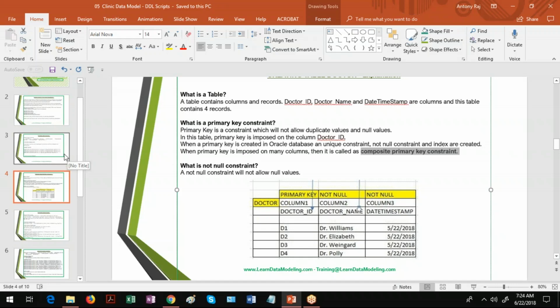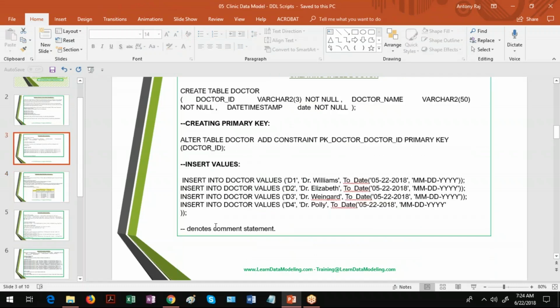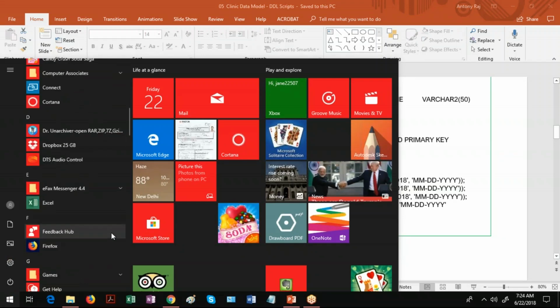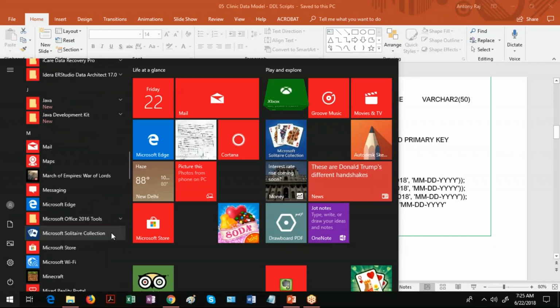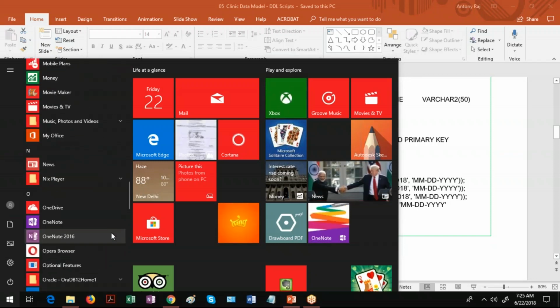To understand how to implement that in the database, we have create table statements as well as insert table statements. Let me go to Oracle SQL Plus and connect from my system. For your information, I have already installed Oracle on my system, and I have the necessary privileges to connect to Oracle.